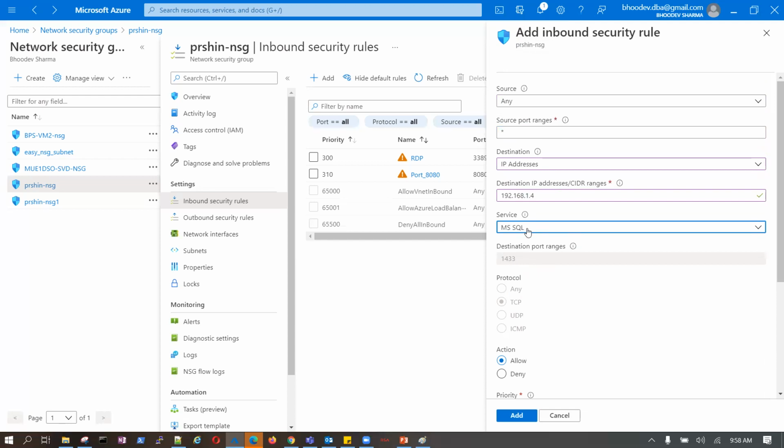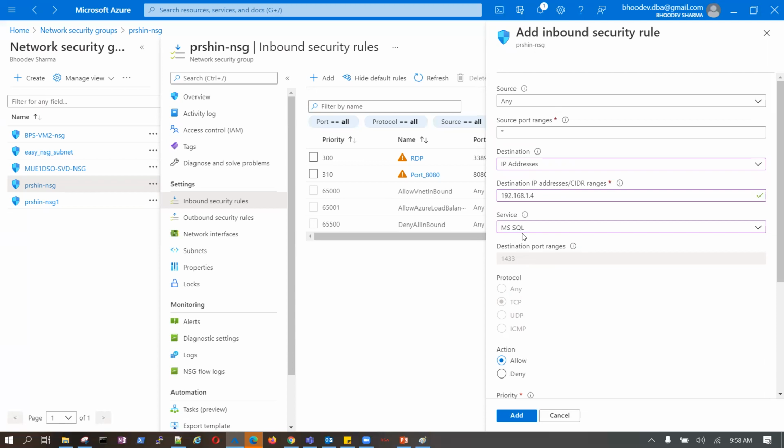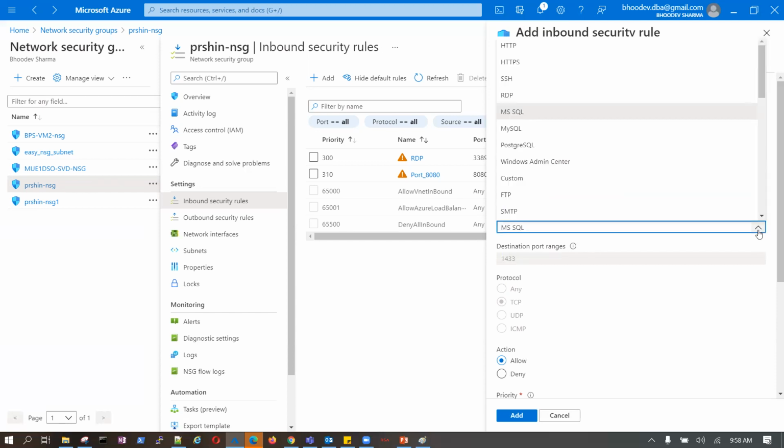Now, on this machine, by this rule, what port is open? 1433, and this is for MS SQL. Now, if the custom port, let's say this is Oracle, right? In Oracle, you can use 1522 also, right? 1550.